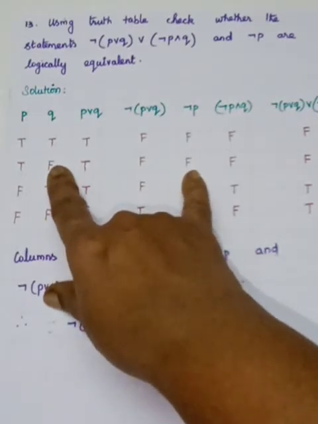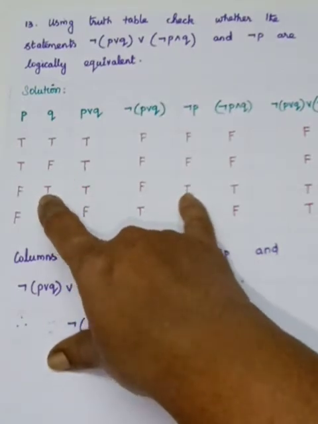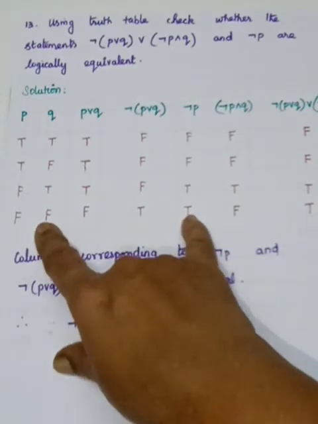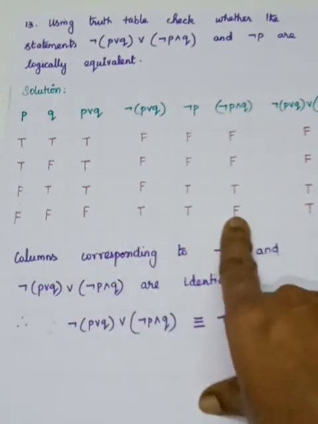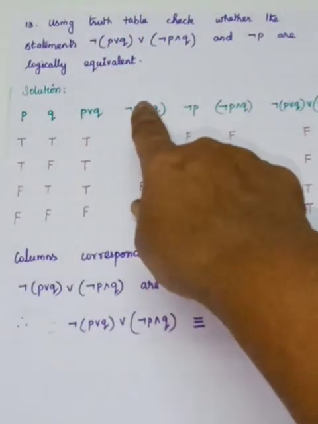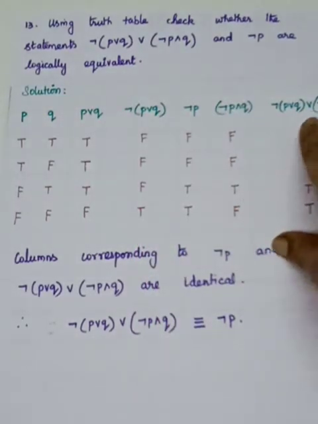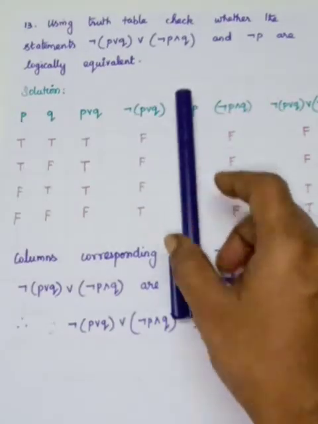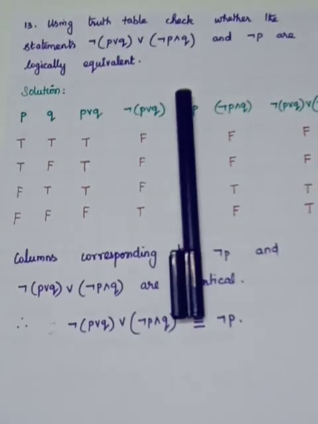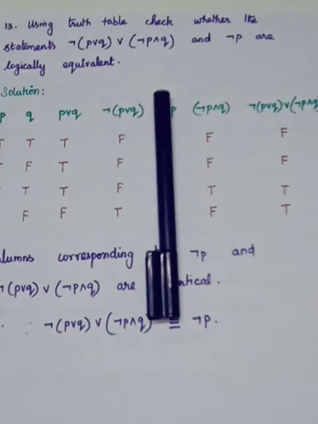And coming to the second one, false, false, also false. Here both are true. You see the second one and the fifth one, both are true, so it is true. Here false, true. So one is true, so it is false. I have filled it. So the whole compound statement has to be written, which is the fourth column and the sixth column. In between you are having R. So which one you have to see? The fourth column and the sixth column. So I hide the fifth column. So in between what you are having? R. So in between you are having R, isn't it? Okay. So R means any one is true and both are true, it is true.